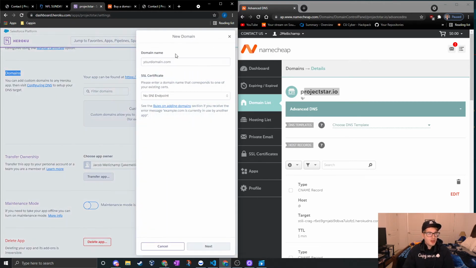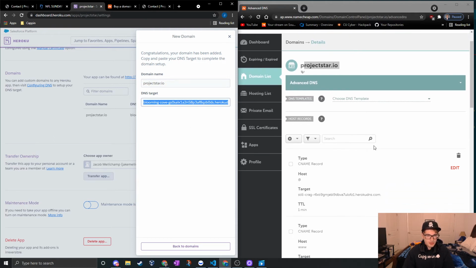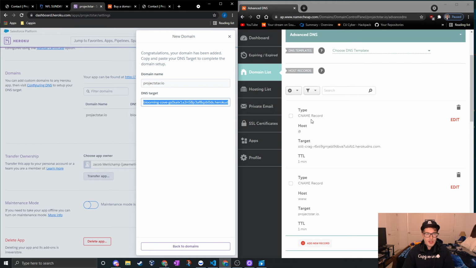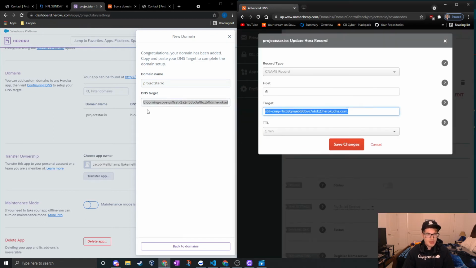Shouldn't be too hard. We'll just add this name, projectstar.io. No endpoint for the time being. And it gives us this DNS target, which is cool. I was already experimenting with how to get this to work, and you'll see that, okay, we have a target here, so we're just gonna put the DNS target here instead,